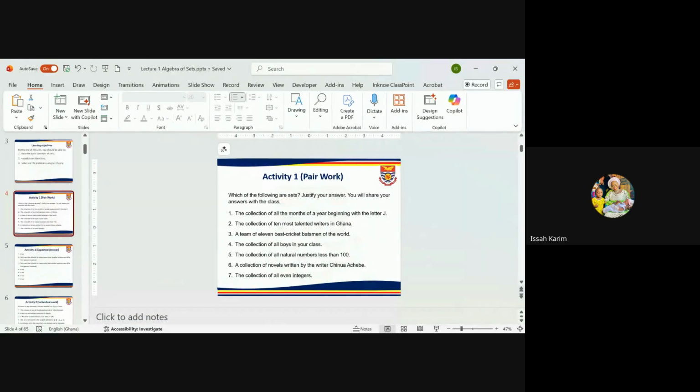Okay, awesome. Doc, I just want to come in. Okay, come in. I want to say that the question we are talking about, sir, is not a set, because that is what my other colleague has said. The criteria for determining the most talented writers vary from person to person, and that is why I consider it not to be a set. Because if you go to A to determine the most talented person, it will be different from B. So in this case, it is not well defined. And once it is not well defined, it is not a set.